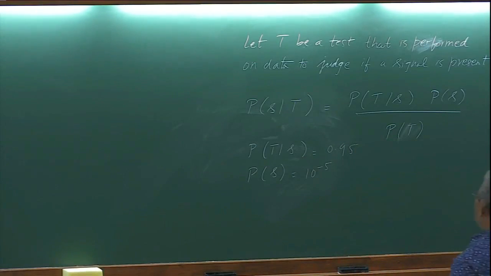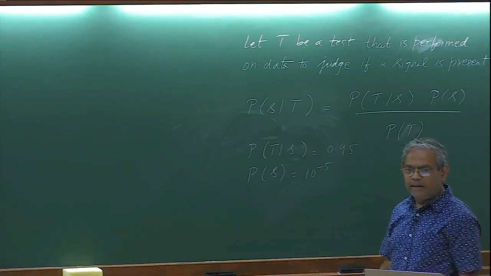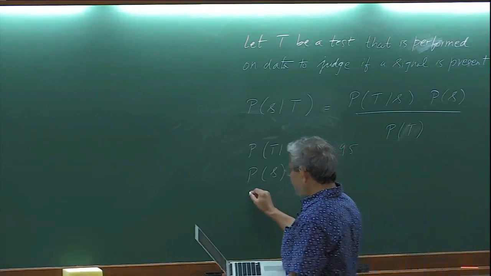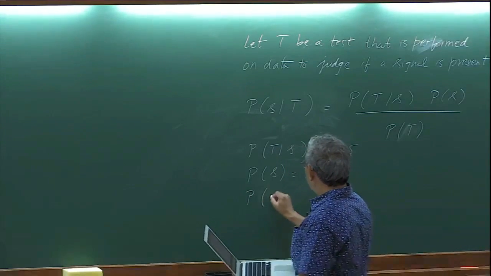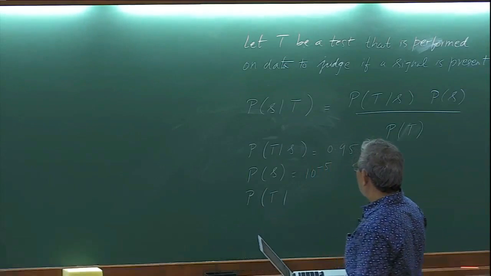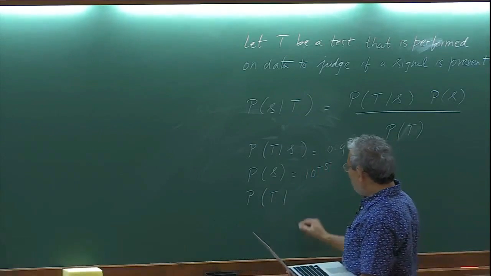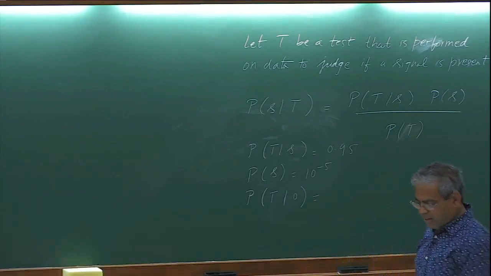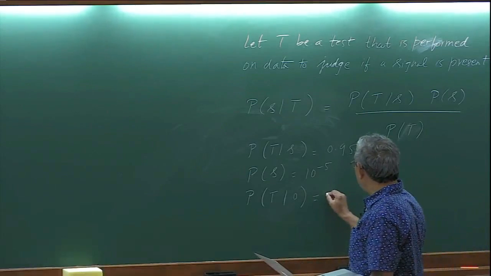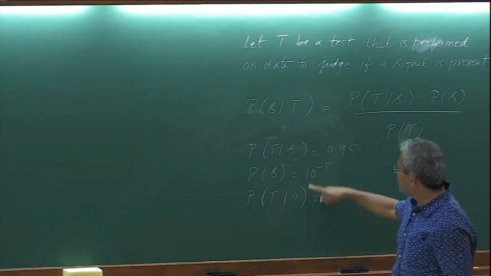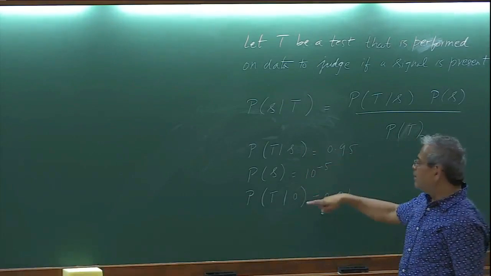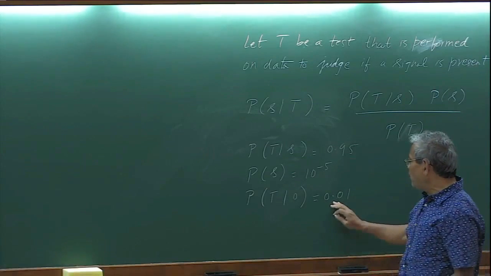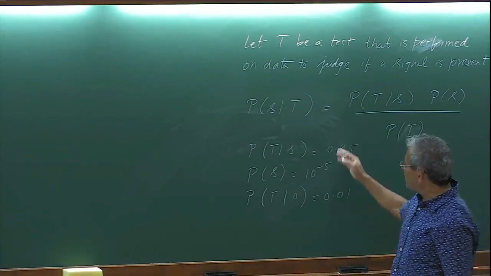Most of the times, you get some piece of data, it doesn't contain any signal. Moreover, the probability that the test becomes true when it is a pure instance of noise, that is, no signal is contained, is actually pretty low. It's 0.01. And remember, these two don't add up. This is the point I was making. These don't necessarily add up. It's 1%. In fact, you can make this test so good, it could be 10 to the minus 3 or 4. It doesn't matter. They don't need to add up.